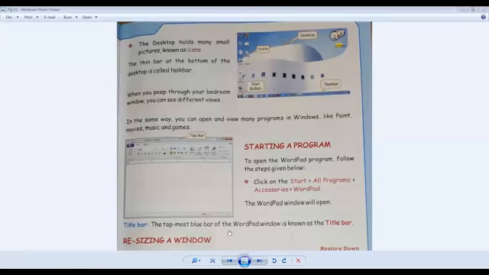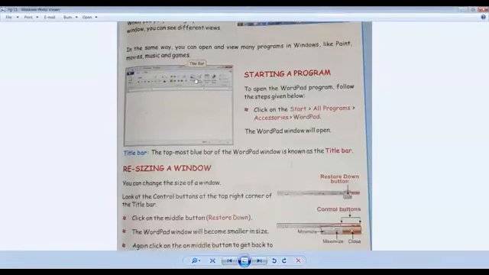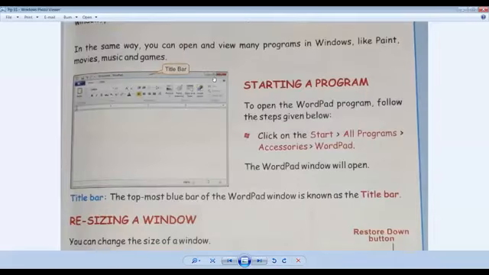All right. Then, how do we resize a window? Resize means making it smaller or bigger. Okay, this is a window. This is called a window. Now on this window, you have three buttons here. One is the minus button, another one is the square button, a rectangle in fact, and then we have a cross. So these are called control buttons.